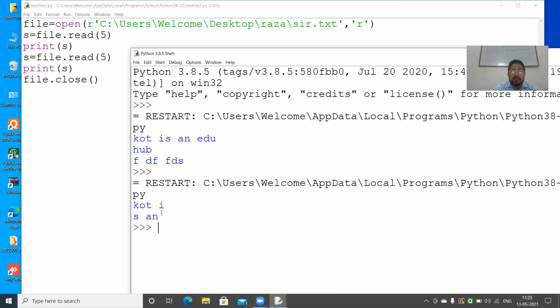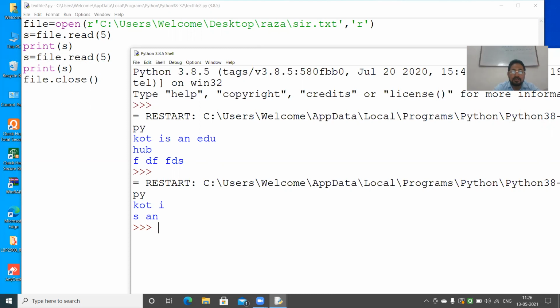1, 2, 3, 4, 5. Got it? Then quota has come. Then one space, 1, 2, 3, 4, and 5. Understood or not?